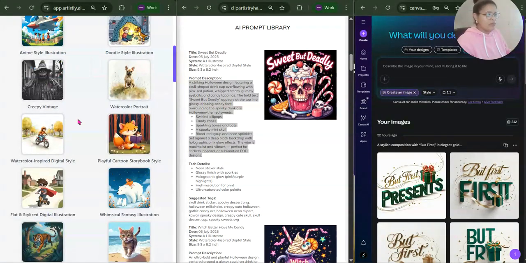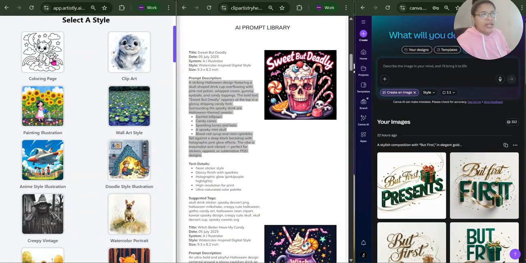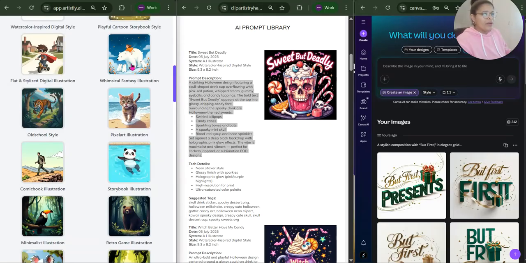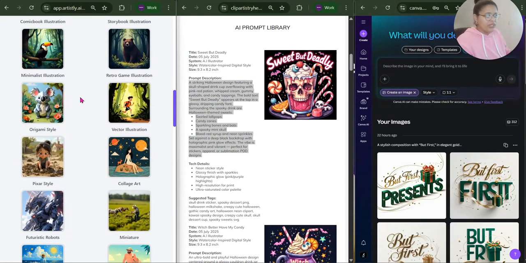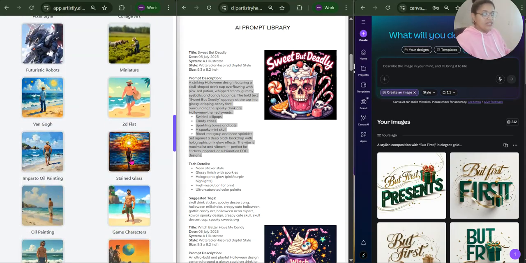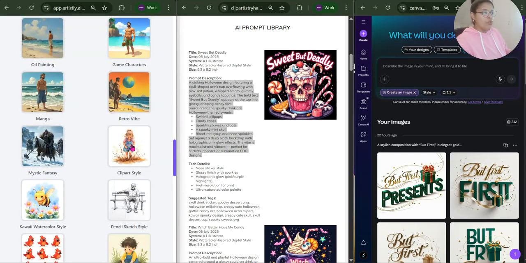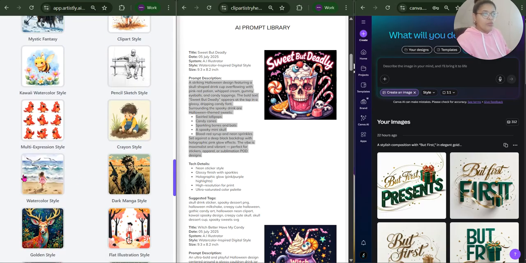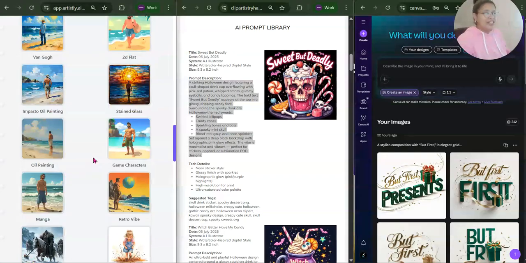I mean, you can see here, there's creepy vintage, watercolor portrait, coloring pages, if that's your thing, clip art. There's a couple of clip arts. There's watercolor clip art. There's this clip art. I think there's another one at the bottom. But whatever, pick your flavor. They've got it all here. Minimalist illustration, retro illustration, vector, sorry. So it just depends on what it is that you are going for. But for Clipart, here's another one, as I've mentioned. Here's kawaii style, watercolor style. So I love that about